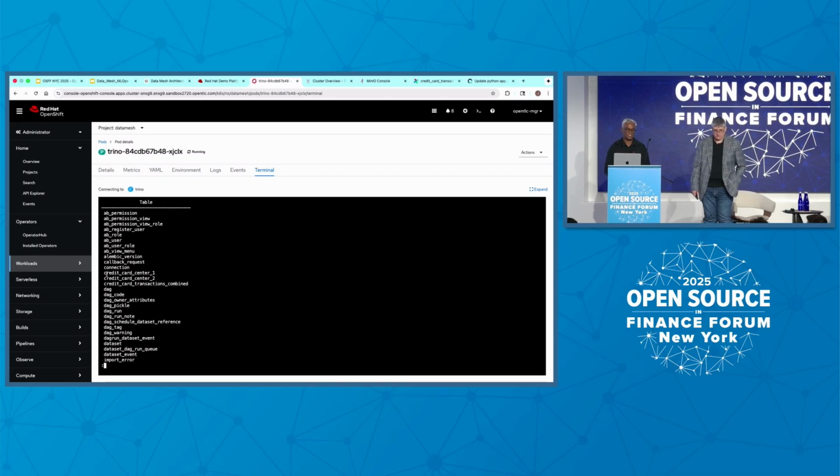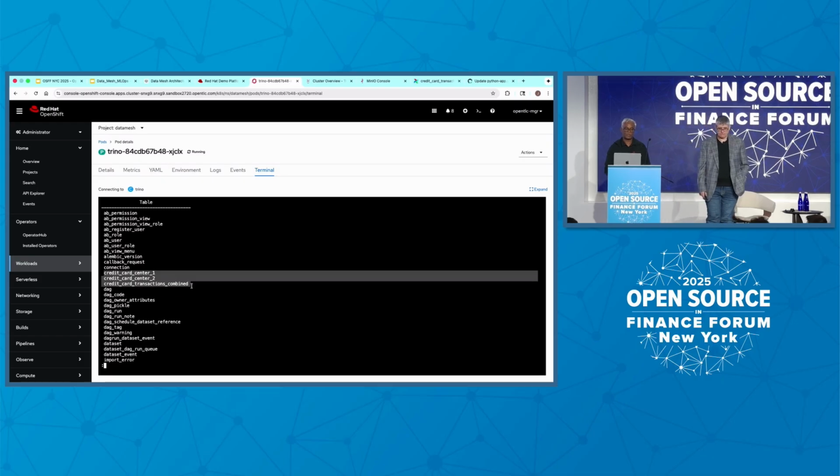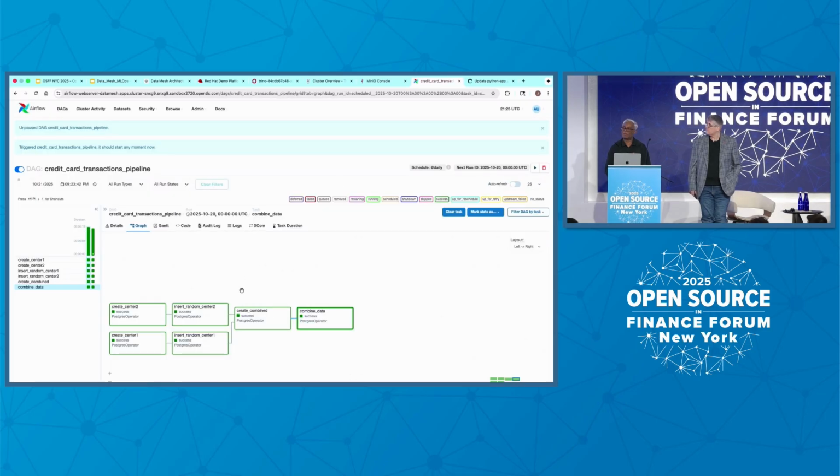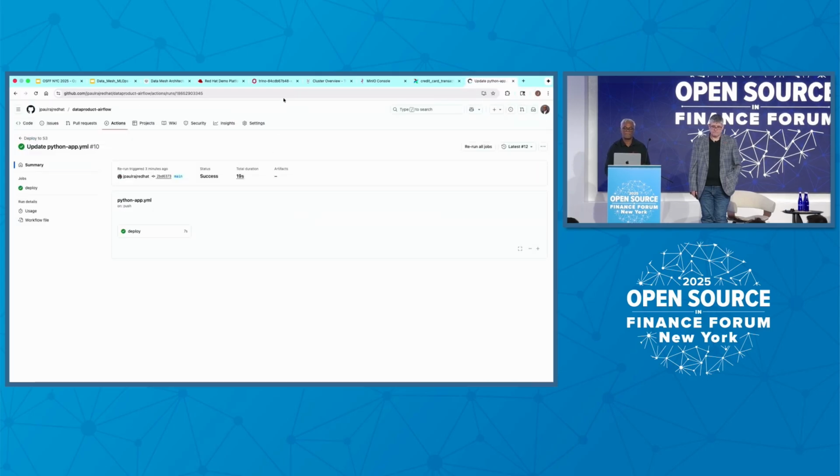These are the 3 tables I just processed through my data pipeline, like credit card transactions from different sources combined into a neat table. This is the pipeline I showed just now. This pipeline persisted data through Trino and stored it in the S3 bucket. So I can use the same SQL to see the data from the Trino query engine.